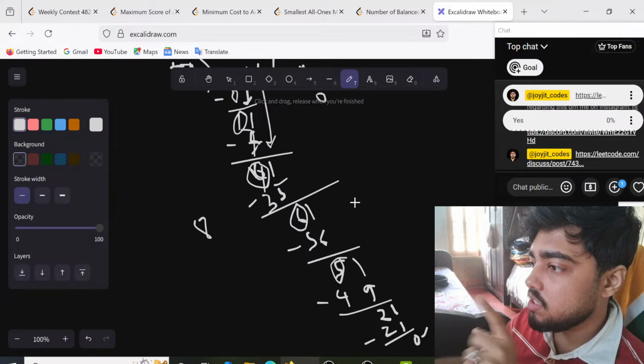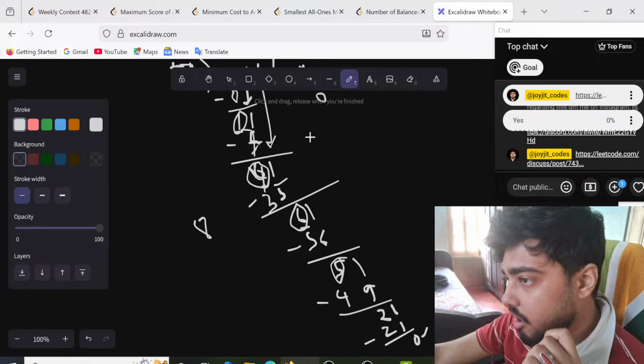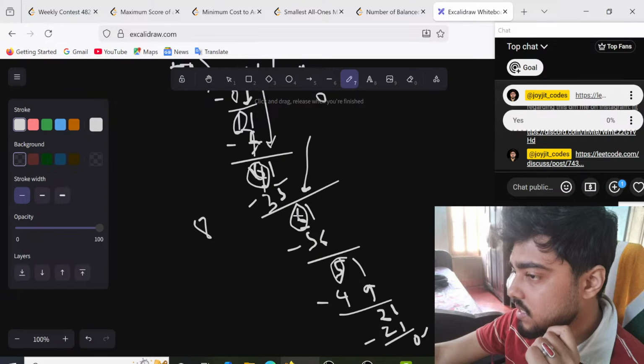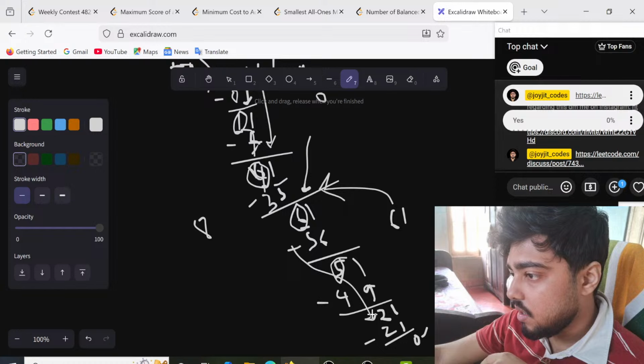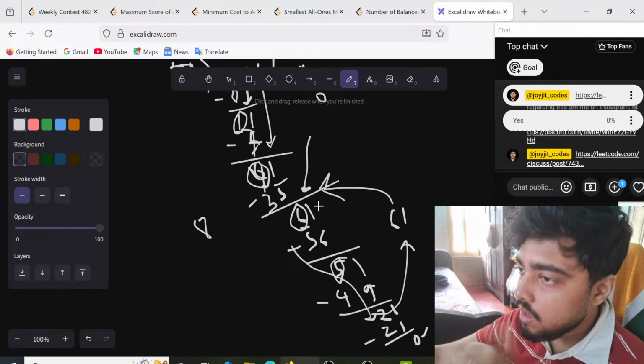So that is the reason I was telling you guys to keep track of the remainder at every step. Because every time there is a remainder, we put 1 towards it, right? So let's say at any other position after this, if the remainder is 6, then we put 6 1. So basically we come back to this state only, right? If there is a cycle, let's say we go to 61 and then we come back to 61, that cycle means that it will go into an infinite loop. So we don't do that, correct? That is the best thing to do.